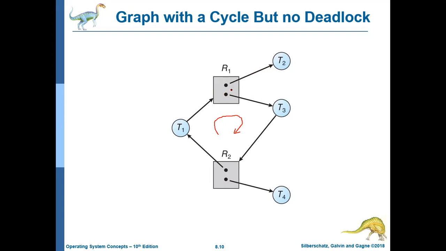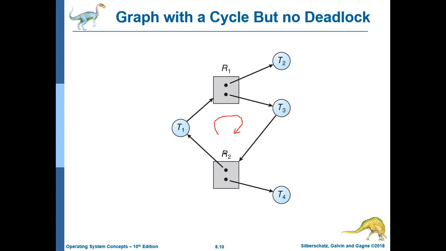So we cannot allocate either of these two instances to T1. Okay, now check. Can we execute T3? T3 is having R1. T3 requires R2. Can we allocate R2 to T3?